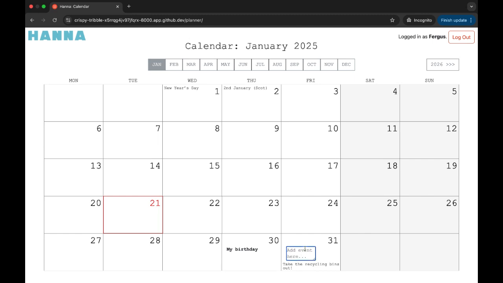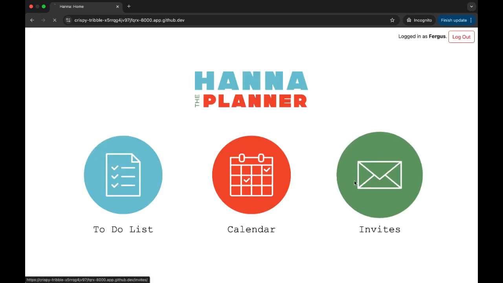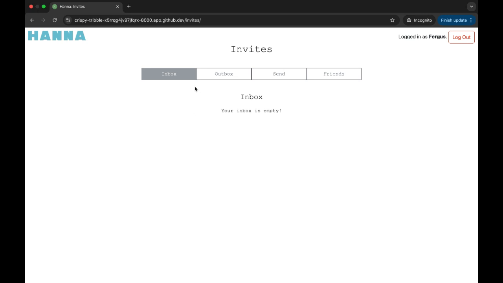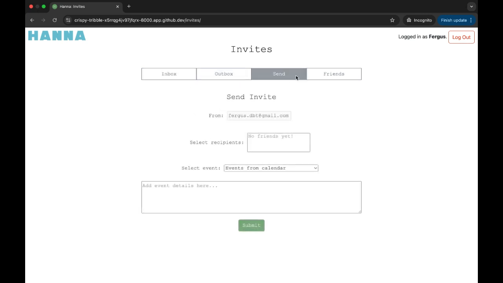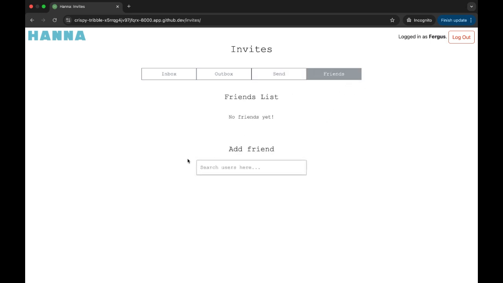The user can then start sending invitations to this event within the Invites app, which also uses JavaScript to create 4 page views. The first 2 are mailboxes, which are both empty at the moment. The third is a form to send new invites, however we can see that no friends are available in the recipients. To fix this, let's look at the friends page, and using the search field we can start searching for